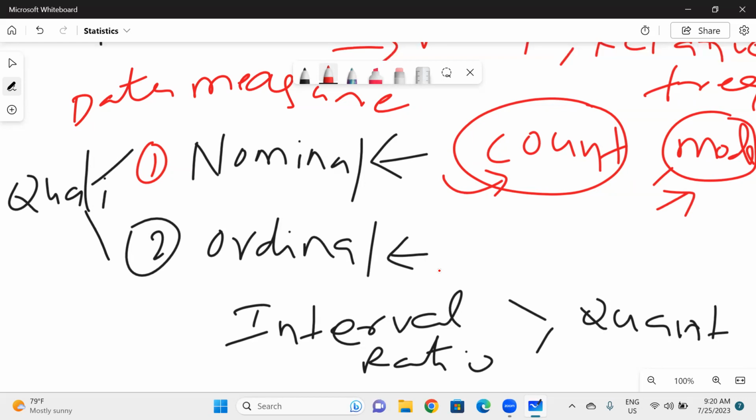When you want to measure the data, an ordinal scale labels a variable that has a natural order but is not quantifiable, so we cannot do arithmetic on it. For example, the rank in some exam like MSET or JEE Mains. Is it possible to take the rank of one person and the rank of another person and do the sum? Is it possible?